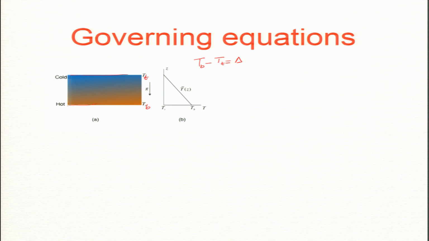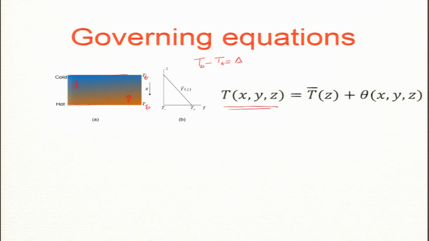So, the top fluid comes down and the bottom fluid goes up. The hot plumes go up, because they are lighter, they just want to go up, and the colder fluid at the top comes down, and that creates a roll. Some of you have already done this in your project. The total temperature I write as a linear profile of temperature plus a fluctuation. Same idea: for density we had rho bar of z plus rho, now we do the same thing here as well. So, theta is 0 at the top and bottom. Theta is the fluctuation over the linear profile.